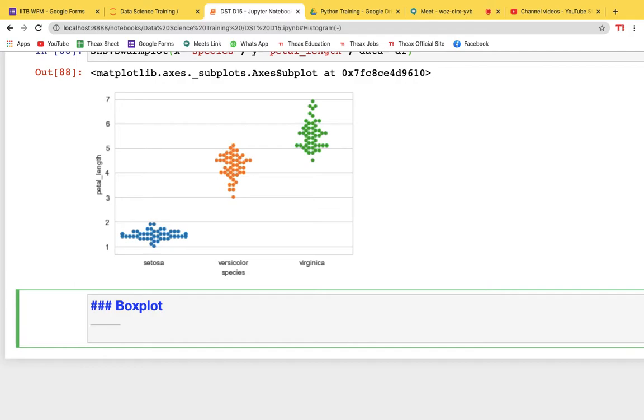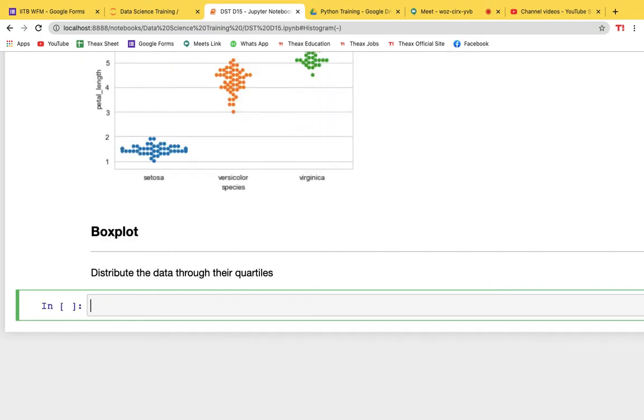Okay, so if I print it, it is used to distribute the data through quartiles. Okay, it's very easy to plot that too. So let's just say